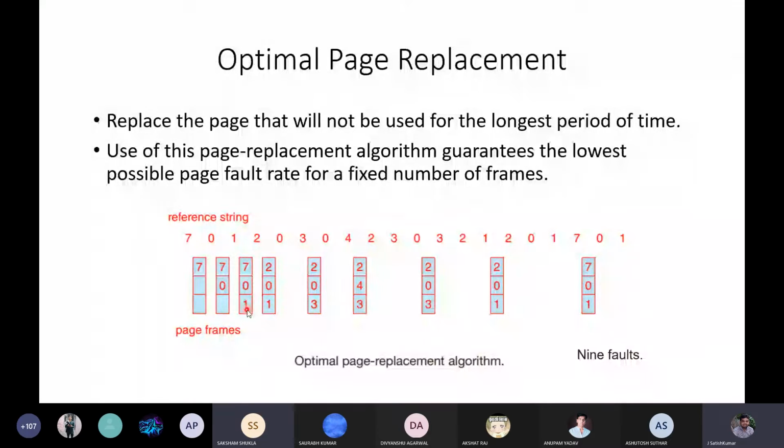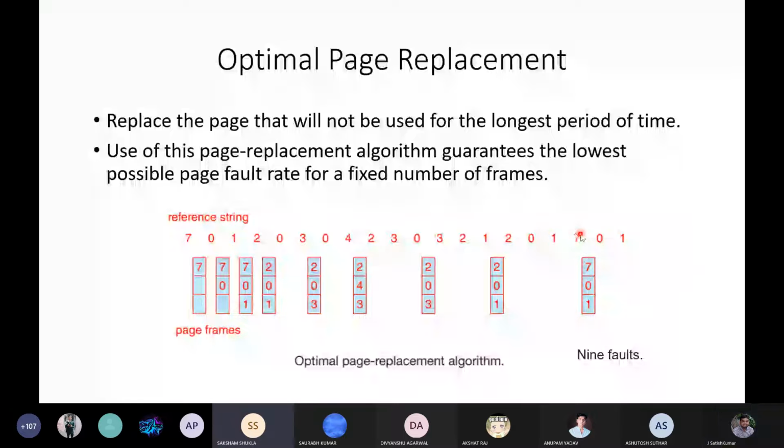Among 0 and 1, which is the longest? Among 7, 0, 1, which is the page that will come later? Okay, so 2 is coming, 0 is coming, so that is there. 3 is coming. 0 is coming 1, 2, 3 times. 1 is coming here. Now 7 is coming